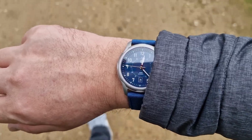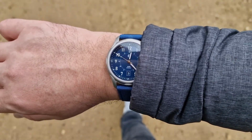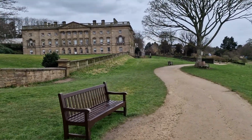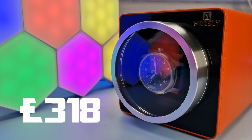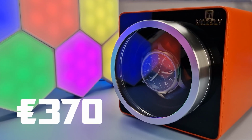Now, I wore it on an Uber walk around Wentworth Castle in its respective gardens here in South Yorkshire, wearing black jeans, Air Force Ones, a tee and a relaxed fit puffer hooded jacket, and it felt like it blended in pretty well. In terms of price, the Companion is currently marketed on the Kickstarter campaign at £318 sterling, around about $400 or 370-ish euros, and just to